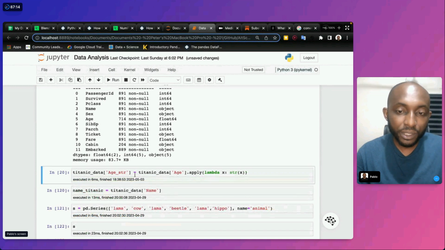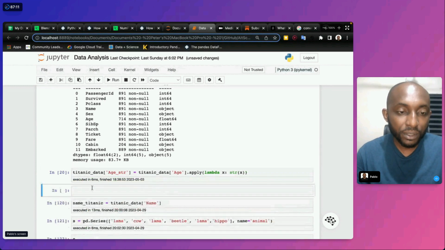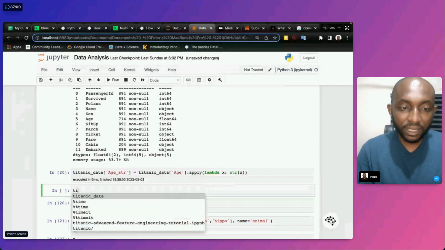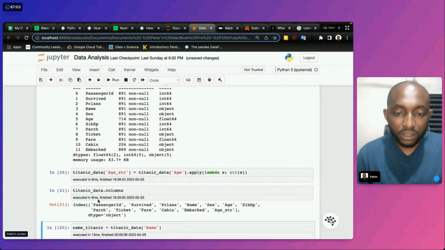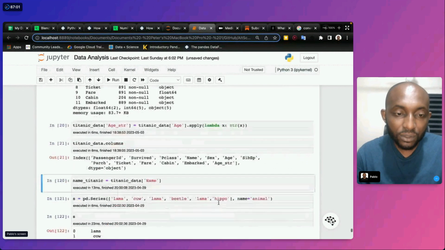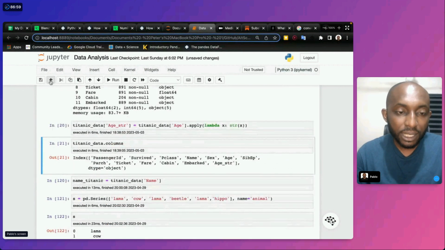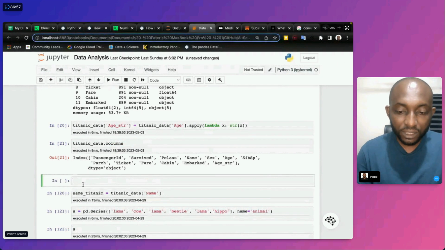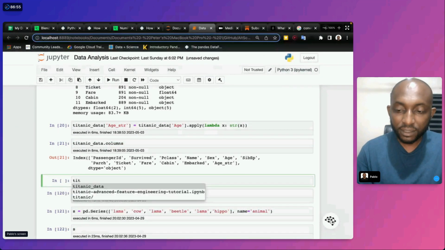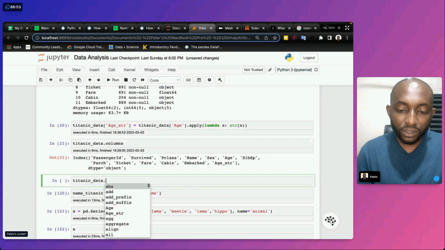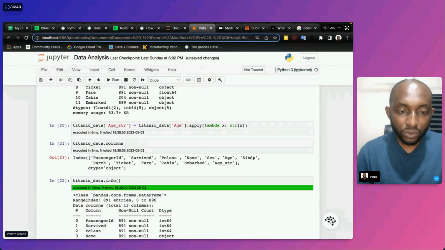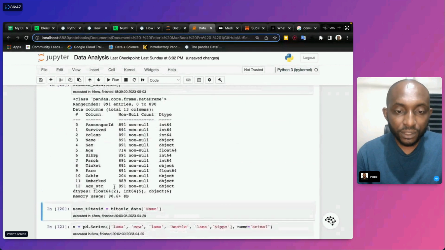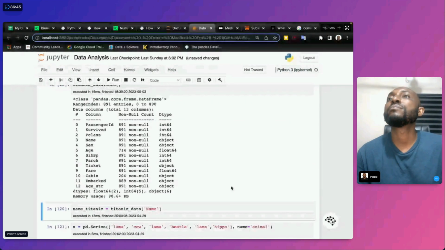And then if we pick this up here, we look at Titanic data dot columns and we should have age underscore string. And if we say Titanic data dot info, we should have it as an object. So yeah.